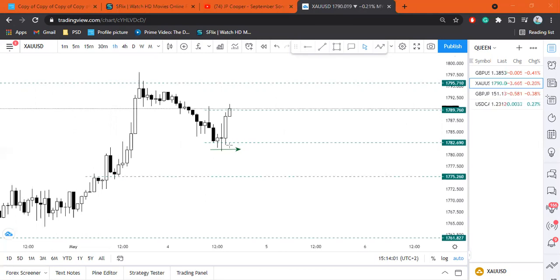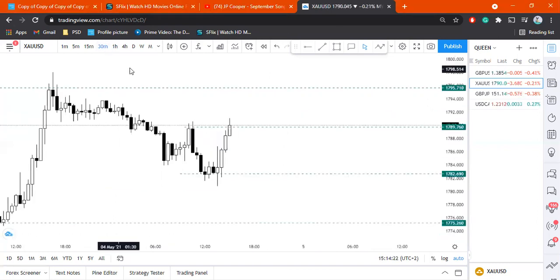So this only helps to push price higher. They had enough sellers in the market for price to push higher. So that's what we had. So we had this could have been a good sell setup if this candle right here had closed bearish, but it did not close bearish and it was invalidated by, let's say, if you go on the 30-minute time frame, you see how price